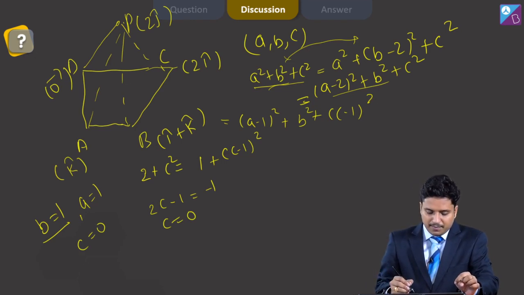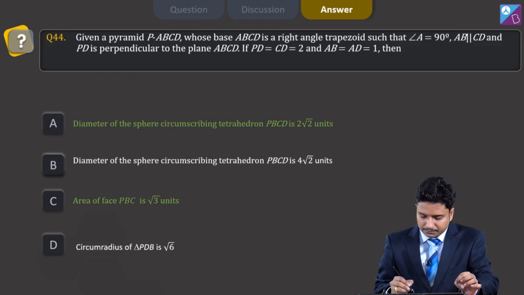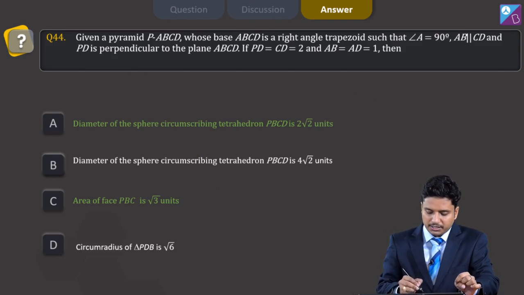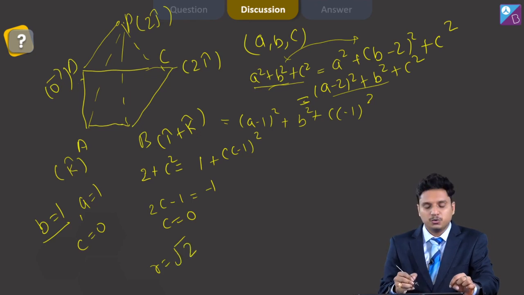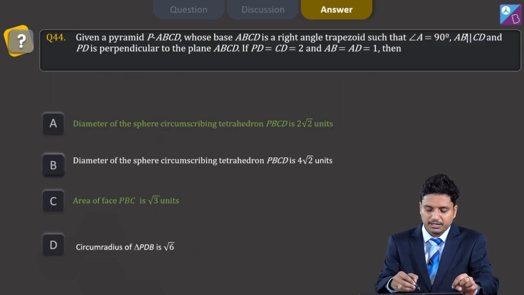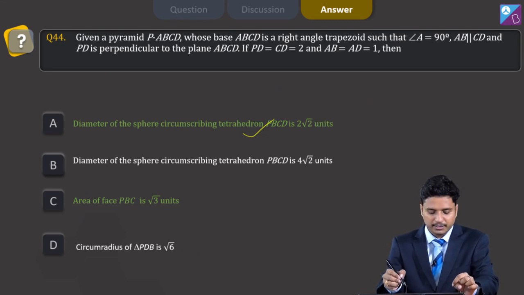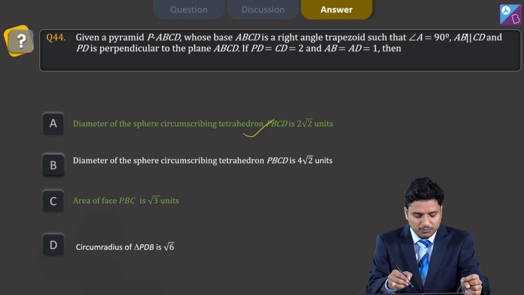So the circumcenter is i plus j, and that means its diameter, actually, has been asked in option A. So the radius is the distance of i plus j from the origin, because this is one of the vertices. So the radius is equal to the distance of the origin from this point, which was actually (1, 0, 1). So the radius for that circumsphere is root 2, and that is why the diameter given in the option, 2 root 2, is absolutely correct. Next, option B is obviously incorrect then.